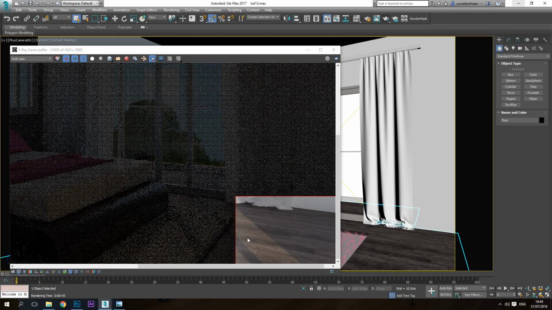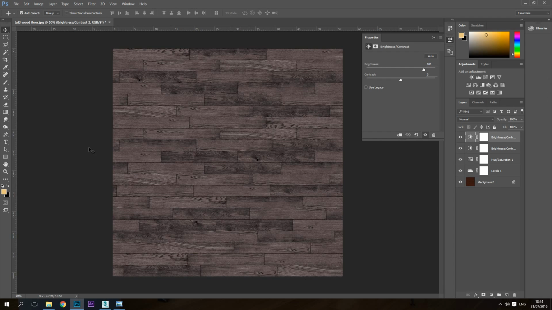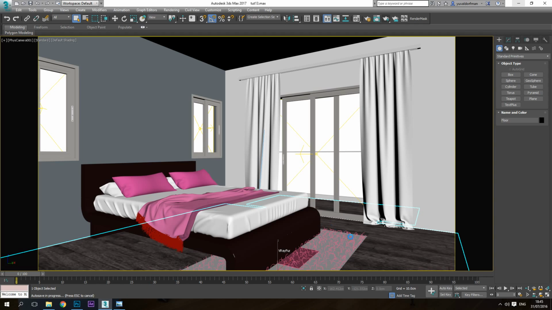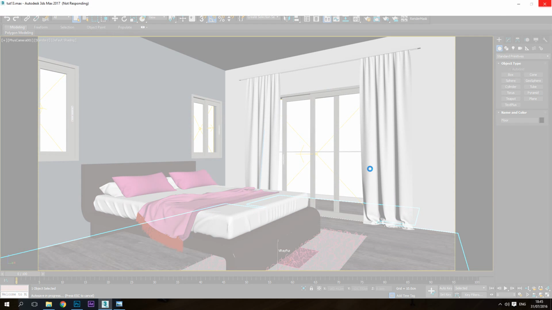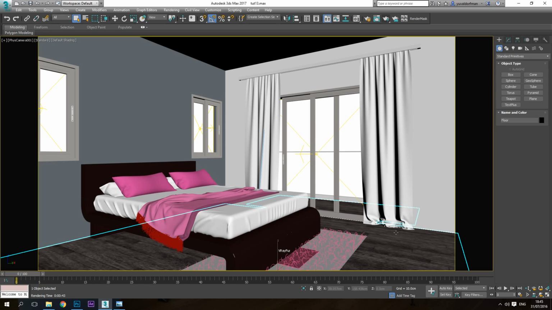I just want the bump to affect these lines, the separating lines of the wood. So in order to do this, as I explained in previous tutorials, we need to create a bump map, which is a map with white and black. Black represents what's going to go down in the bump, and the white is what's going to go up. So if you have a black line here and everything is white, this black line will essentially be the bump. It will bump the black line down,